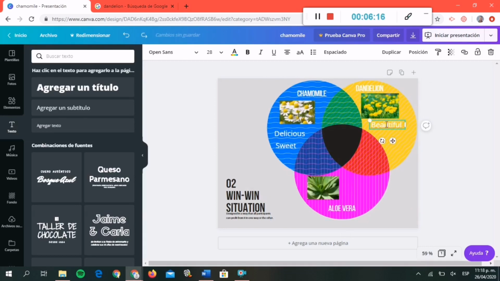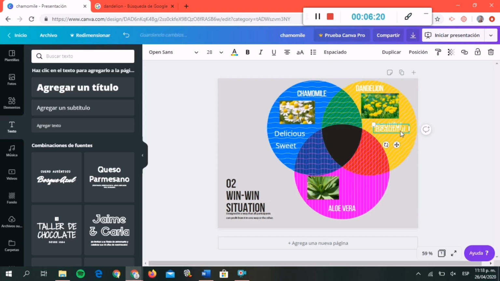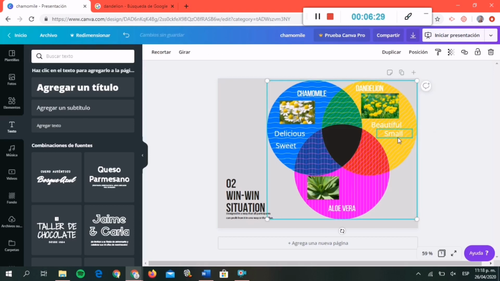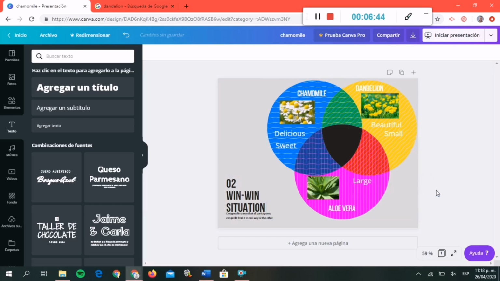And let's continue. Let's write another description for dandelion. I'm going to write, for example, small. Yep, small. And finally, I'm going to do the same with aloe vera. So in this part we have the name of the plant, the image, and the descriptions. So I'm going to write here, for example, large, and I'm going to write, let's say, important. Okay,